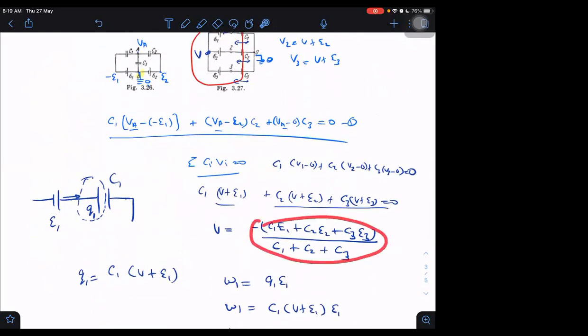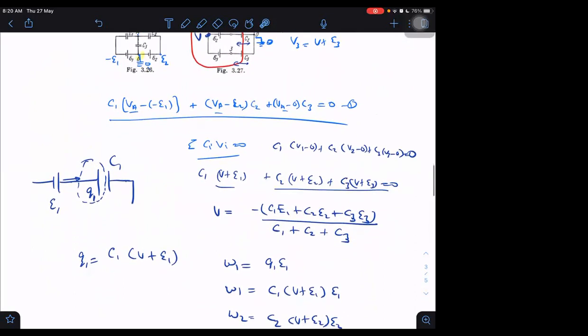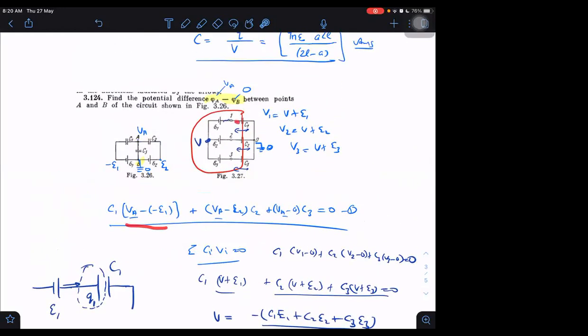Then V will be this. No problem in that, at any instant of time. If V is this at any instant of time, then, no, I could not write this. Could I write this equation? Wait a second. What would be the voltage here?